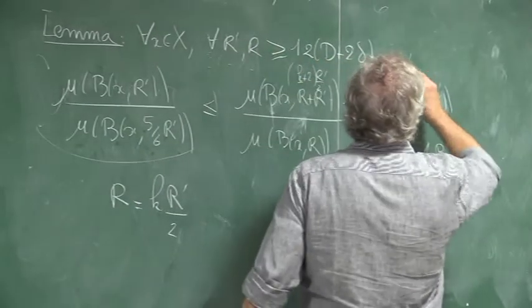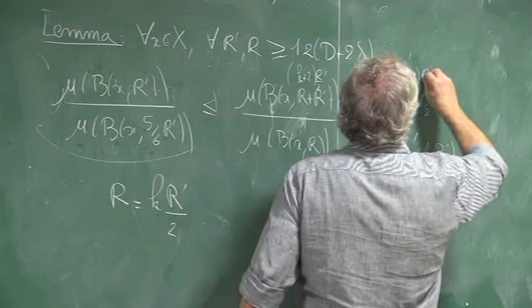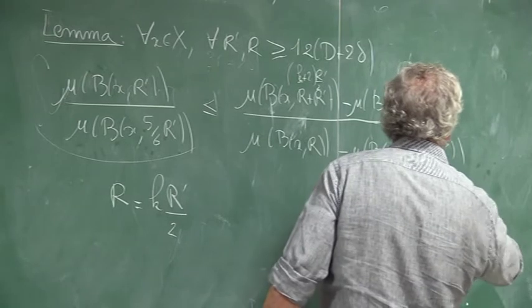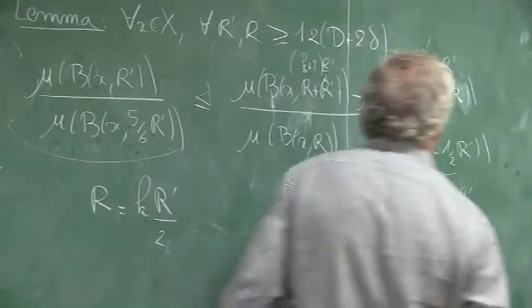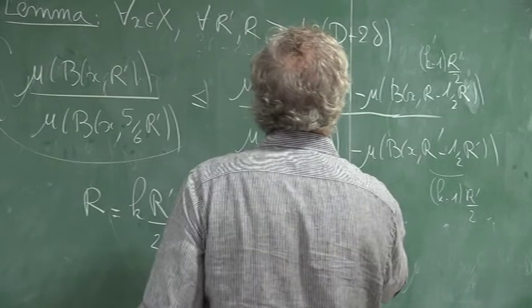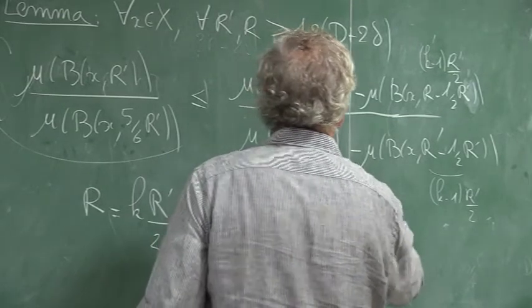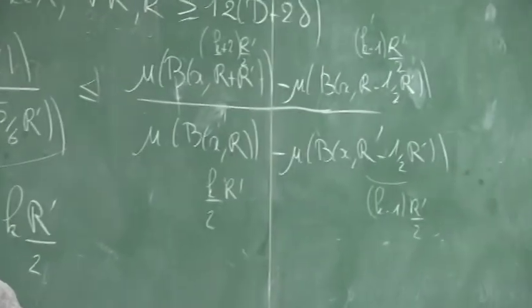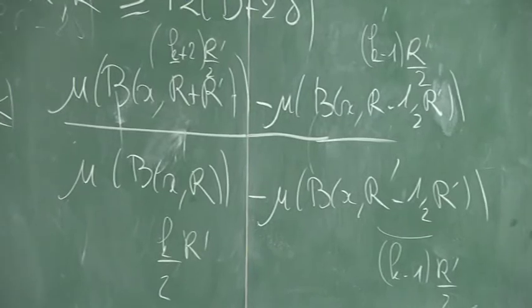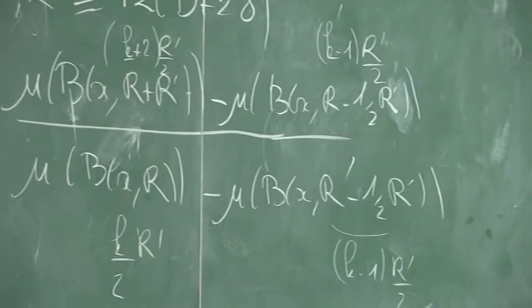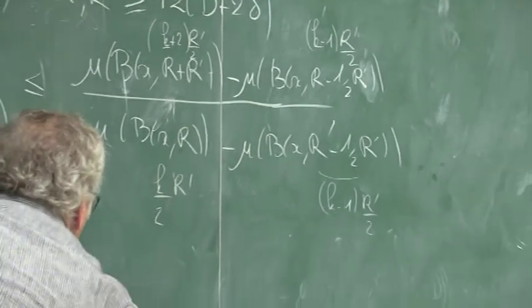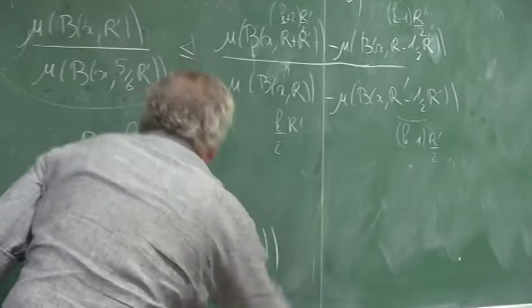Here we'll have K minus 1 R prime over 2. Here 2 R prime over 2. And here we'll have K R prime over 2. So if I define a sequence A_K, which is mu of the ball centered at X and of radius R, which is the same thing as mu of the ball centered at X and of radius K R prime over 2 by my choice of R,